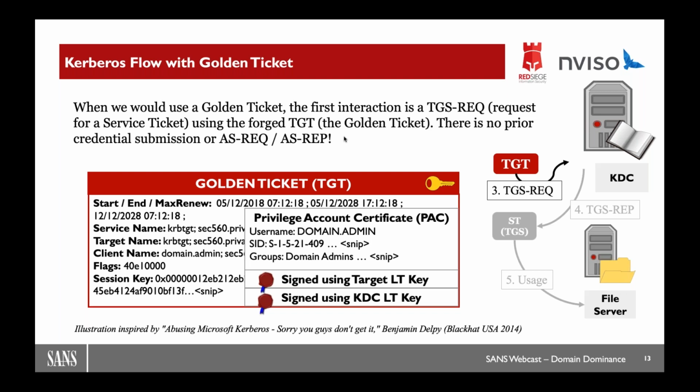It will not care about this. There are solutions like ATA, for example, and there are a couple of actually commercial products which are trying to build what we call stateful Kerberos, where they try to map what TGTs were initially issued by a domain controller to spot TGTs which were not issued by a domain controller.